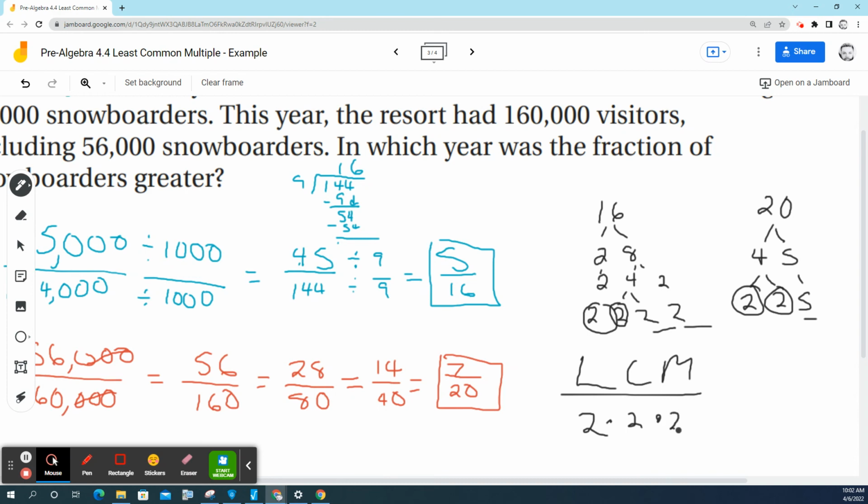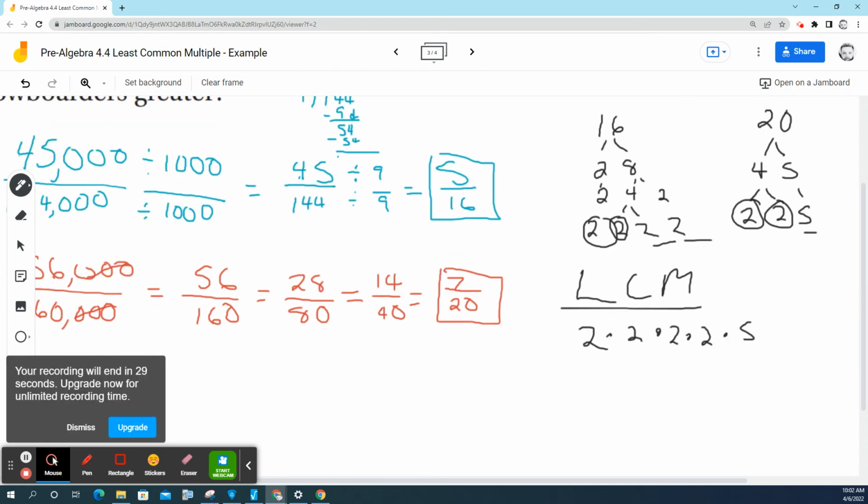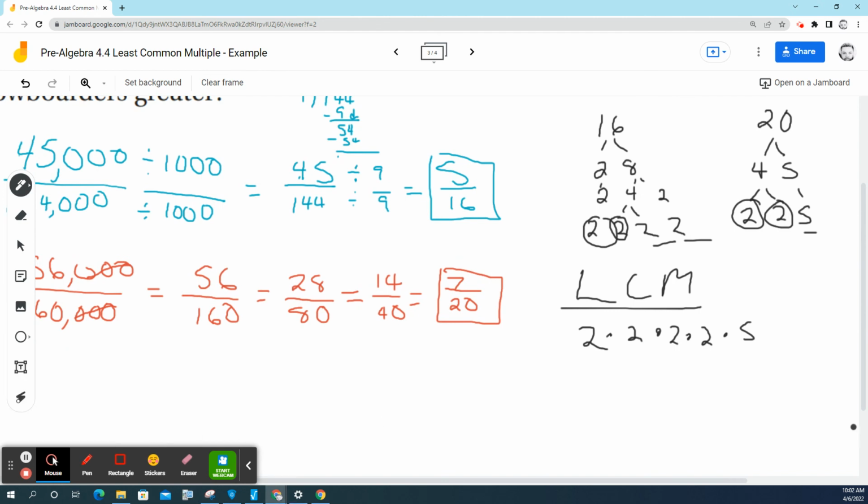So my lowest common denominator would be 2 times 2 times 2 times 2, which we know is 16, times 5, which is actually 80. So then what do I multiply this by to get 80? 5 over 5. And so this one is 25 over 80. And what do I multiply this by to get 80? 4 over 4. And this one is 28